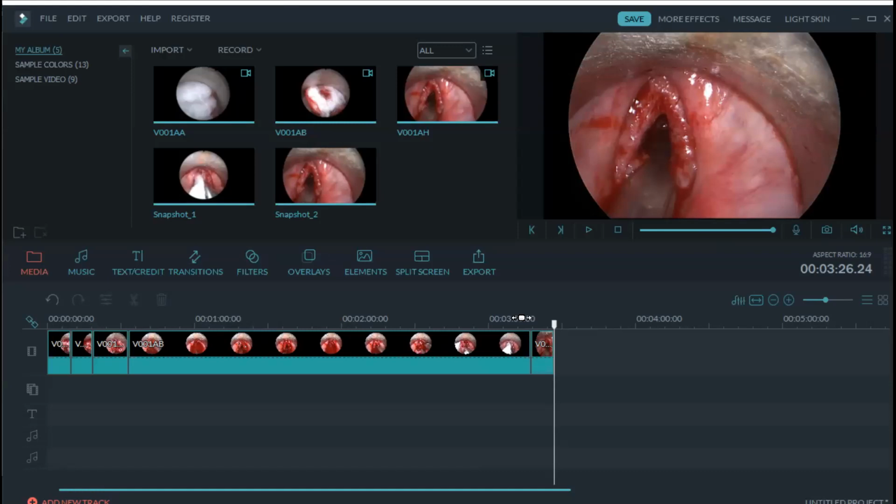Then you will know what was done, what exactly you want to cut and how much you want to show. The others cannot know how much you want to show. Suppose you have done the surgery and you are going to present the same thing, you are the best person to edit. As doctors, it is very difficult for us to spend a lot of time learning editing. In the earlier days, many softwares were not there. But today, very good softwares are available where you can learn things very fast.